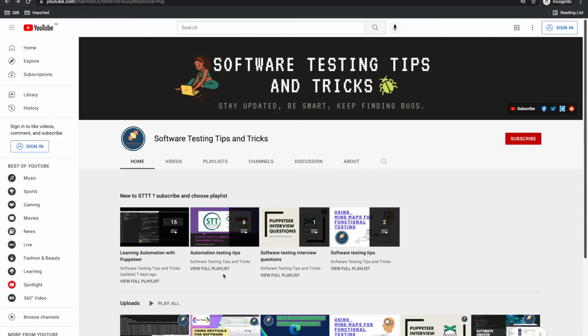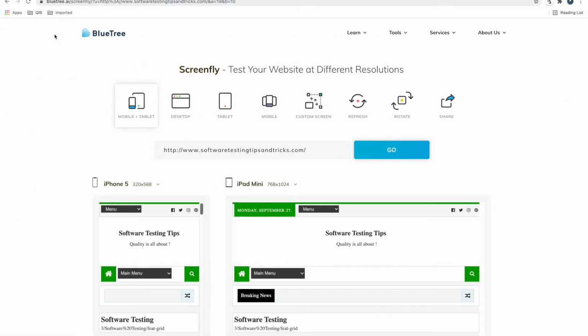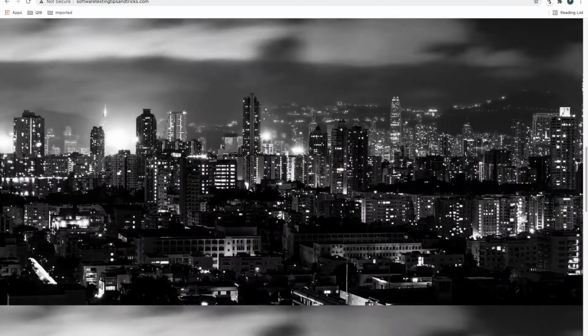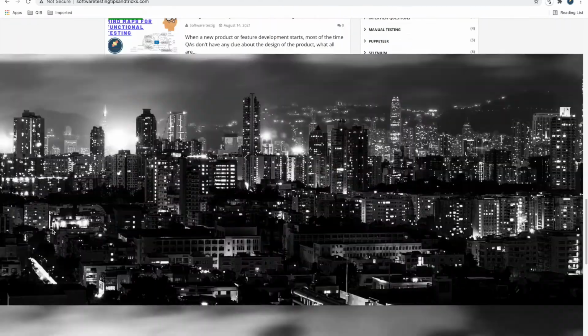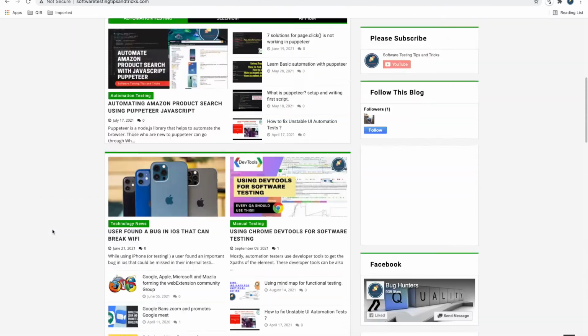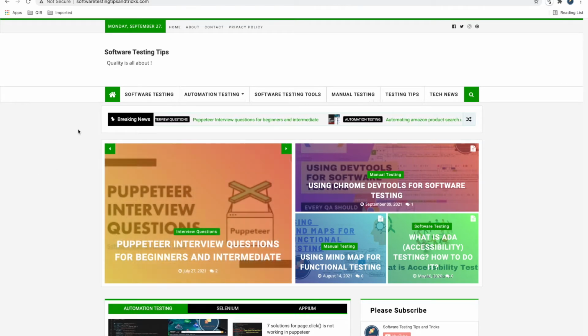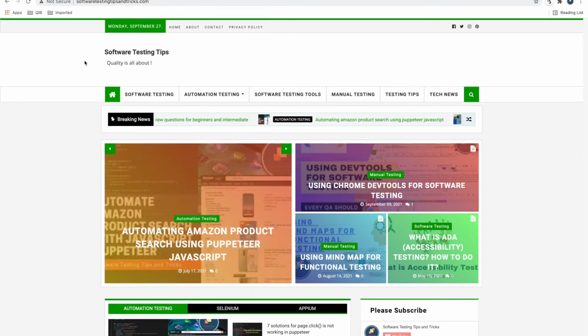You don't have all the screen size phones or tablets in the house, right? So specifically for web apps, you can test different screen sizes with browsers. There are predefined tools which you can use. So let's go through our blog only. This is our blog with so many bugs, as we saw in previous videos as well. To test this in different screen sizes, I came across some free tools.